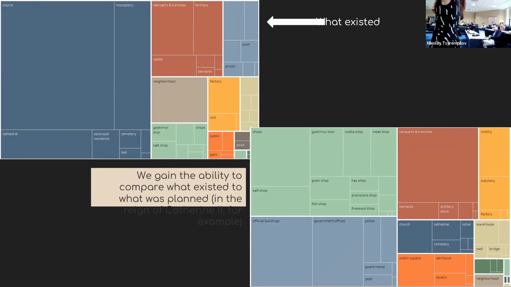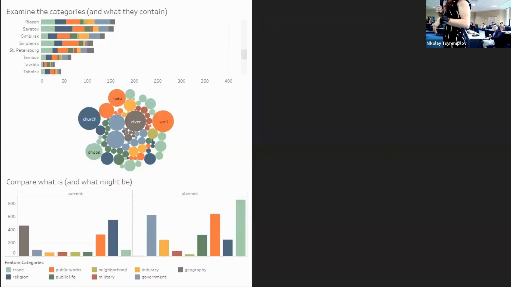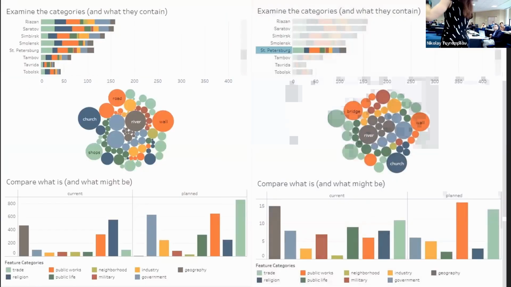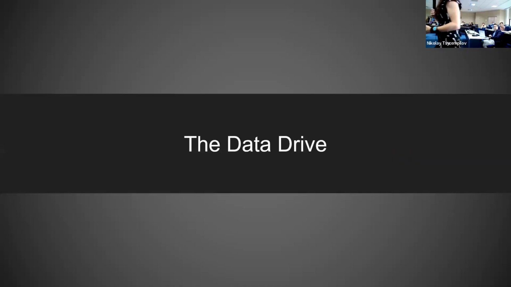And what was planned, see the shrinking of that blue space, right? They're not planning to build a lot of churches and cathedrals. The idea is the green, that's trade, and the space for government offices, that there's going to be a lot more dynamic change in those fields. So you can just get a neat sense of change over time. And yep, just another one. And we can talk about these or not, but that's really what I wanted to show you.